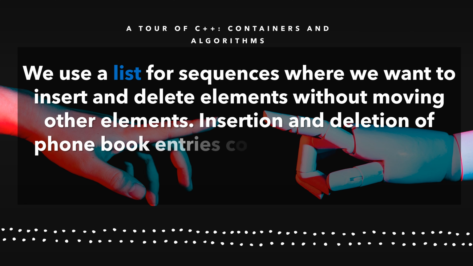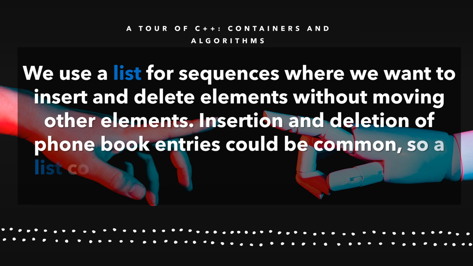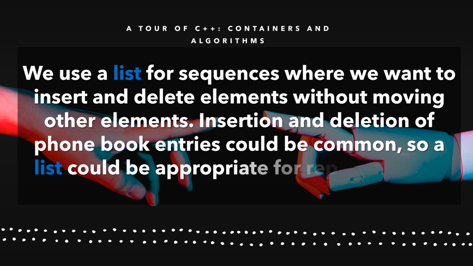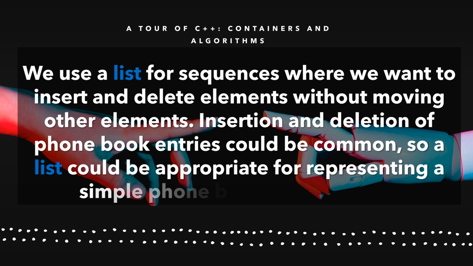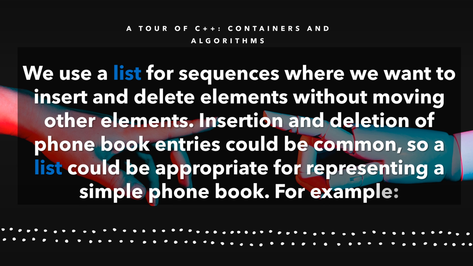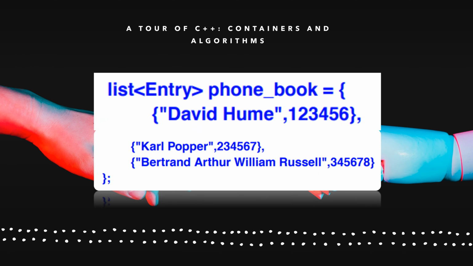Insertion and deletion of phone book entries could be common, so a list could be appropriate for representing a simple phone book. For example: list<Entry> phone_book = { {"David Hume", 123456}, {"Karl Popper", 234567}, {"Bertrand Arthur William Russell", 345678} };